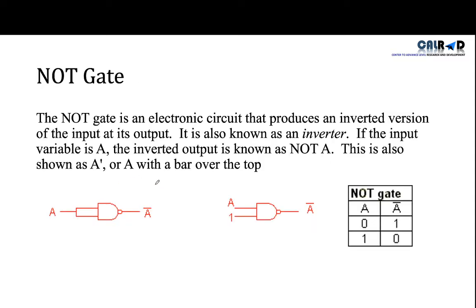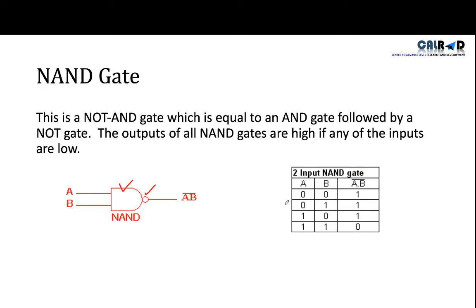You see, in the NOT gate what was the difference? There was a NOT in front of the AND gate. So in the NAND gate there is an AND gate and there is a NOT in front of the AND gate. So whatever the output will be, it will invert the output. So let's see.